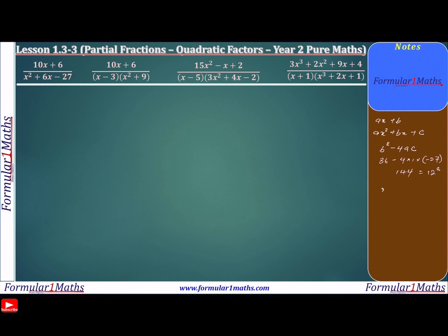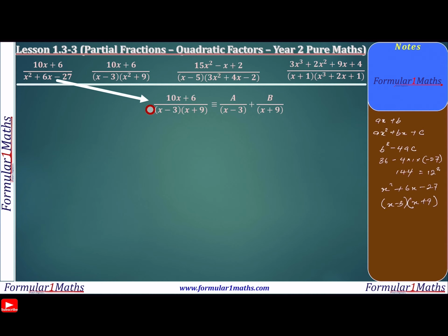So x squared plus 6x minus 27 can be factorized as follows. x minus 3 and then x plus 9 over here. We can therefore rewrite this one and split it into partial fractions accordingly as follows. And then we use either the substitution method or the comparing coefficients method to find the values of A and